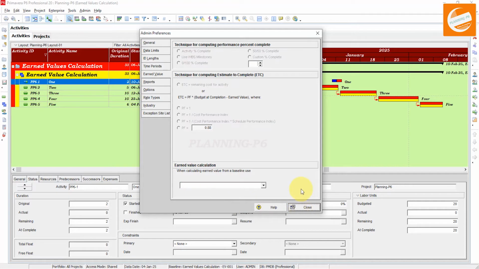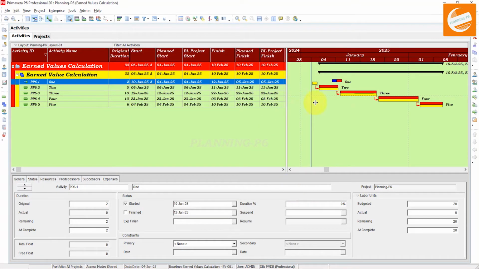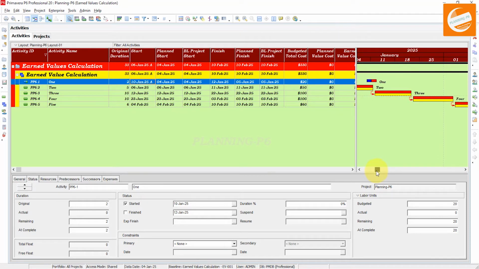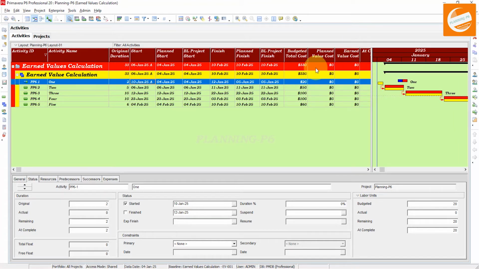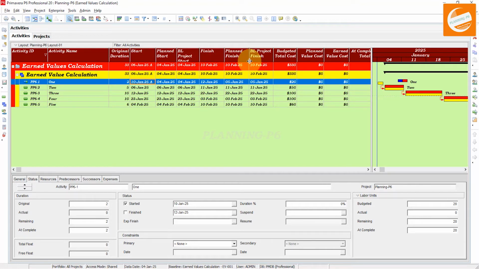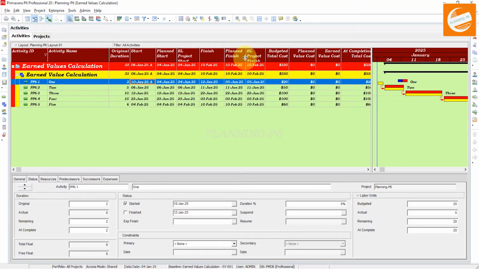Okay, close. Now here you can see I have the options; just move a little bit here to show you people that one. I will have the columns, and just minimize, close some of them. Plan start, we need the project baseline start, and then project baseline finish, plan finish, a little bit of adjustment.